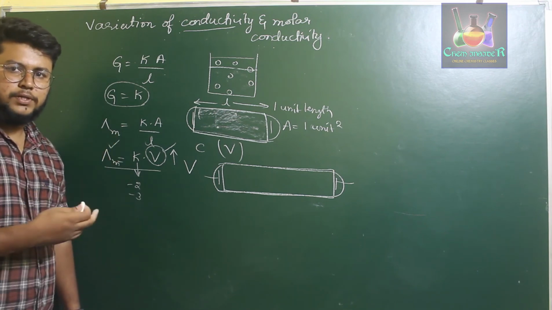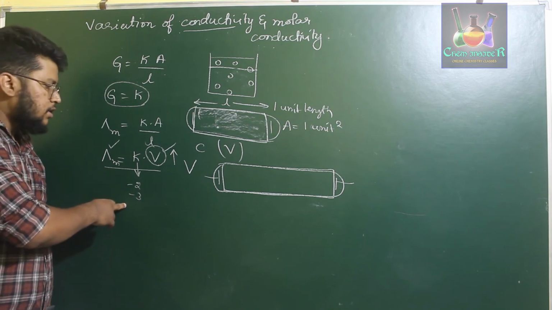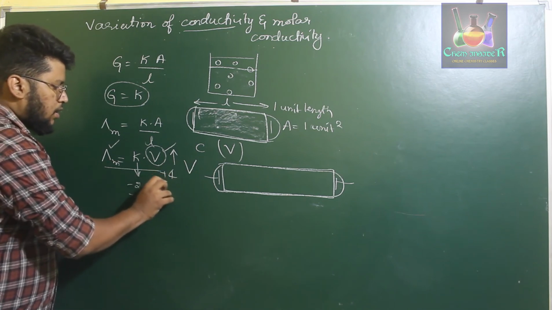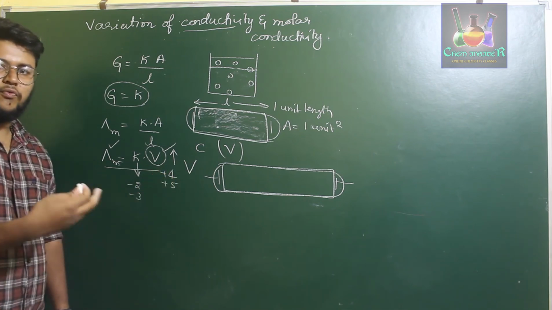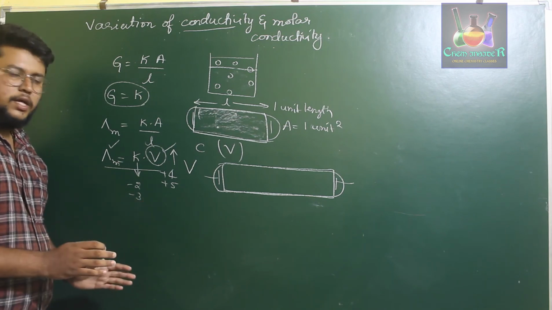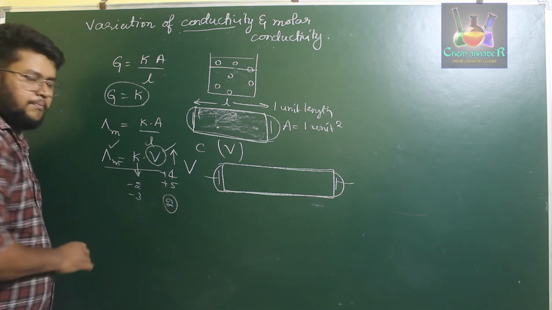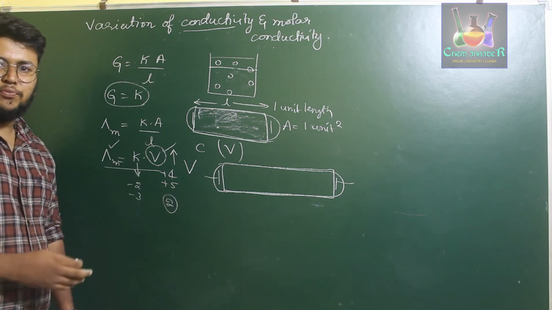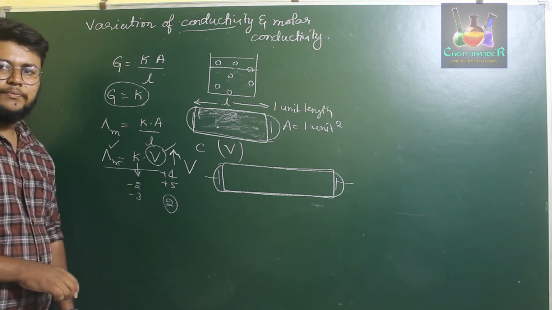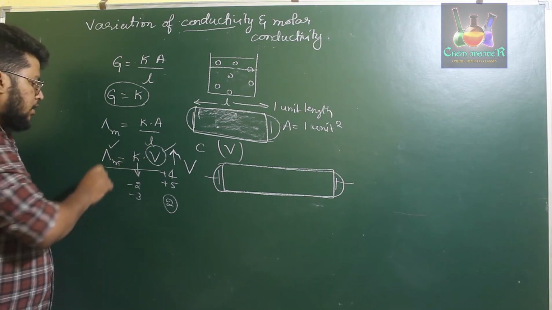What do I mean by compensation? If you observe a decrease in conductivity for about 2 to 3 points, we have to observe a volume increase by 4 to 5 points. The volume is increasing by 4 to 5 points and kappa is decreasing by 2 to 3 points. What we can see is the overall effect is increasing by 2 points. That means if the increase in volume upon dilution is compensating the decrease of kappa value, then the molar conductivity